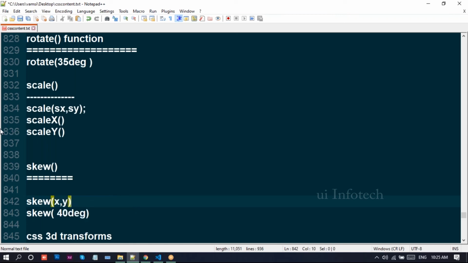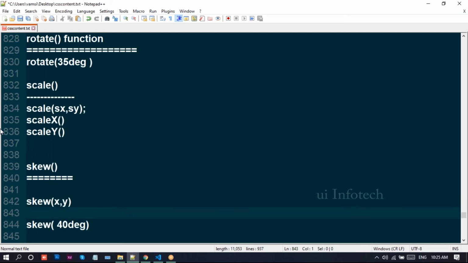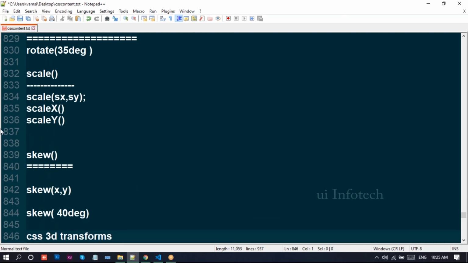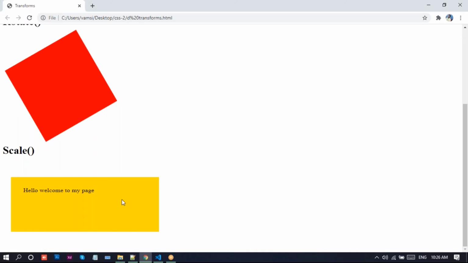So we can rotate these elements. An element is nothing but a div element, not only div, any box element like paragraph, heading, h1, and list items. So we can rotate these elements using like skew 45 comma 15. Not only these values, we can provide anything you want, and also negative values. The syntax for writing skew is skew x and skew y.